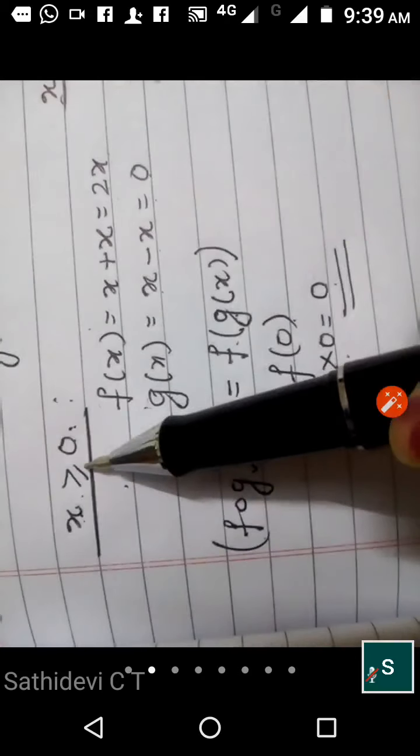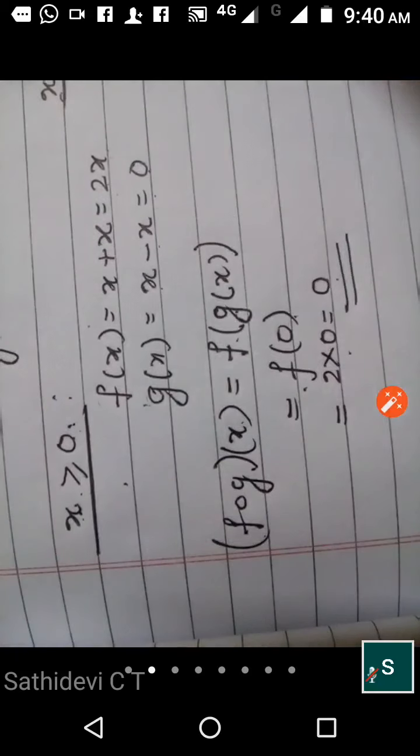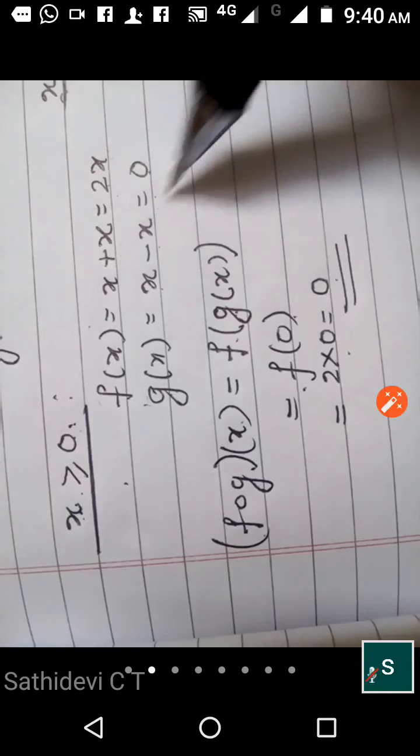You have redefined your function for x positive. You take the case like this, then it will be easier. Don't mix up x less than 0 now. You take x greater than 0. Then when x is greater than 0, you know the definition like this.